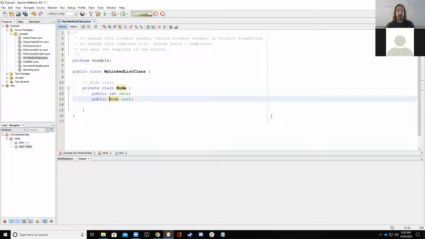The class itself is private, so only methods in my linked list class can access this class. So it is encapsulated at the linked list class level. It is simply not encapsulated at the node class level. So after this, I don't have to make getters and setters for these. I can just hit data and next and set them to whatever I want, but I can only do that from linked list methods. And so I want to also make a constructor